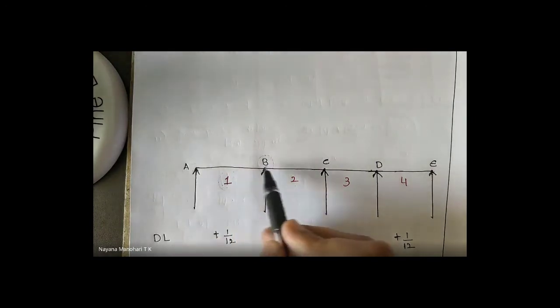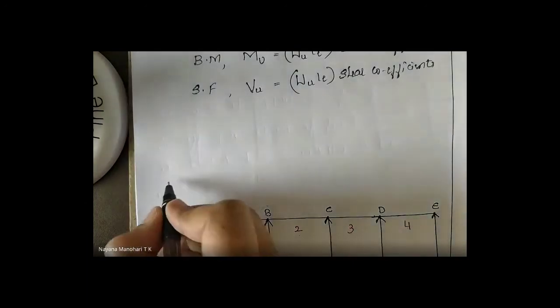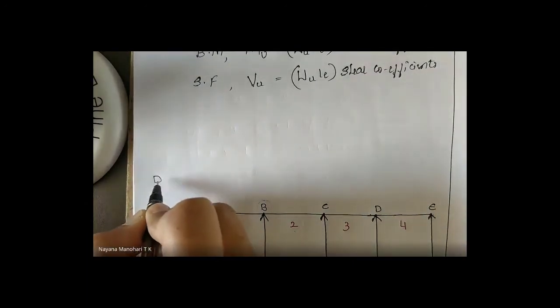At all these support points, you need to write down the bending moment coefficient, which you call the support moments. The same way, two cases: dead load and live load. Write it down the same way. That is dead load, leave some space here, and the live load. The same way, you pick out the data.